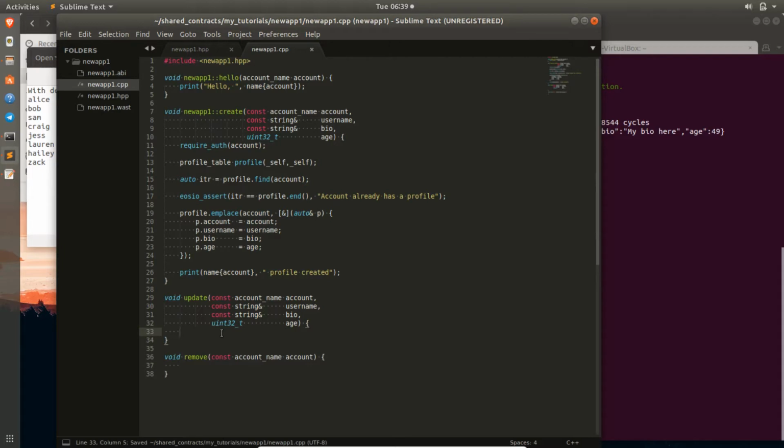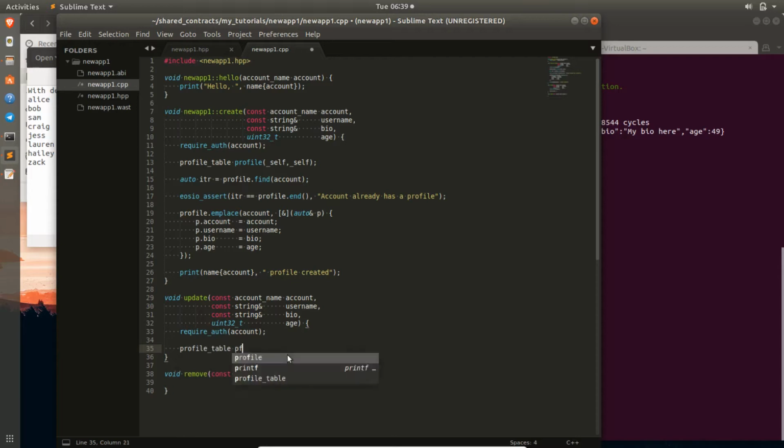So now let's work on update. So what we've got to do here with update is the same spiel for the most part. We require auth of the account, and then we've got to go ahead and create our profile container. So profiles, and the same thing here again, self,